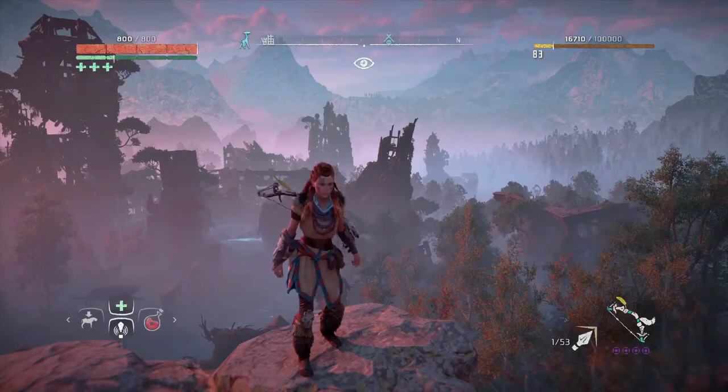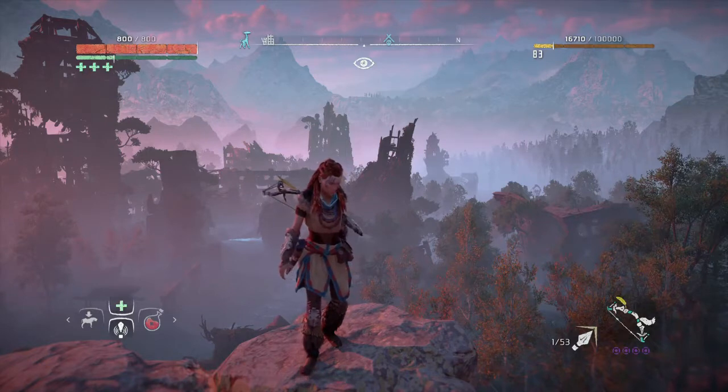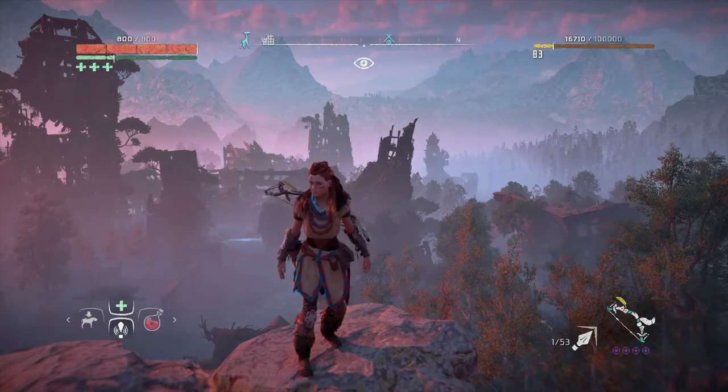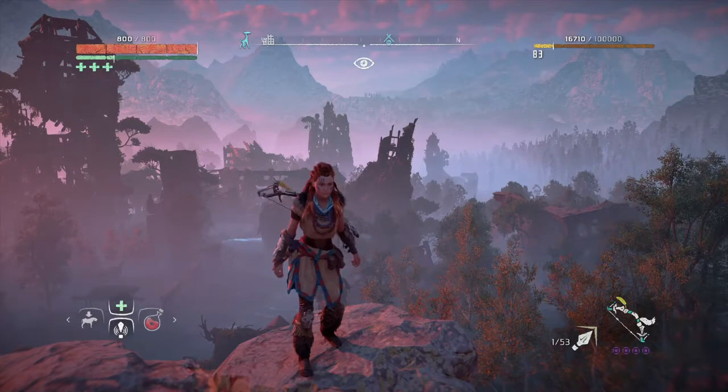Hey guys, Elkjaer here, and in this video I will be making a tutorial on how you can perform all the current skips and shortcuts in Horizon Zero Dawn speedruns. And this will both include the main game and the Frozen Wilds DLC, in case you are interested in those